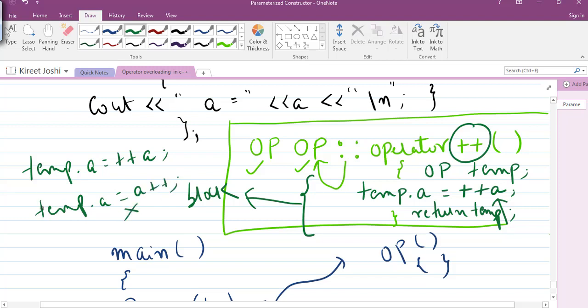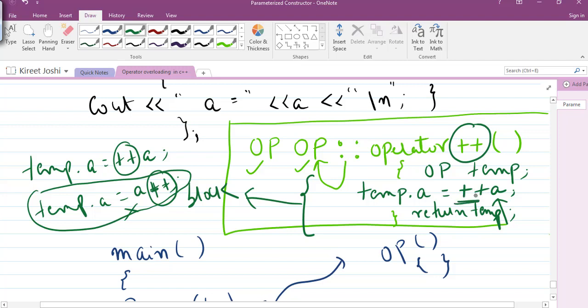Kindly don't write this. Though it will also work, the logical construct of your program will now be changed. The logic that you are developing, or the basic meaning of this plus plus operator, will be changed. Most of you will ask, sir, a plus plus is also working here, there is no error. There will be no error, but you have changed the basic definition of the plus plus operator, because we have to overload this plus plus operator in terms of the pre-increment operator. That's why we are doing this pre-increment task.